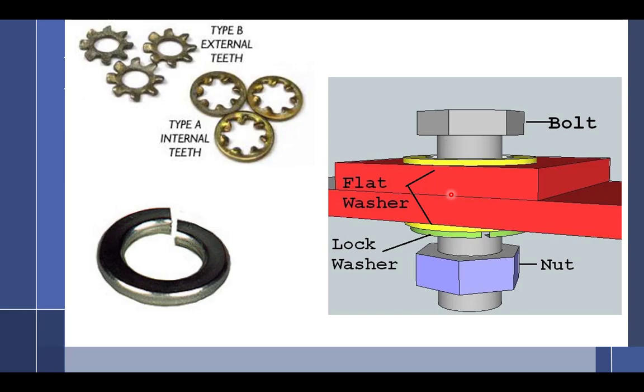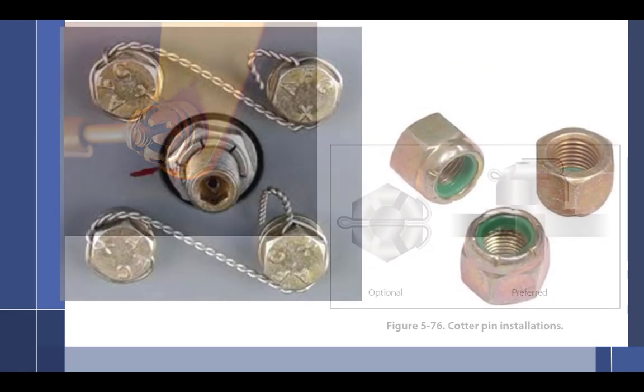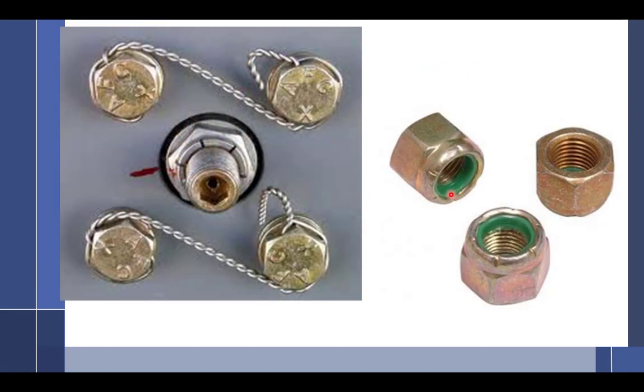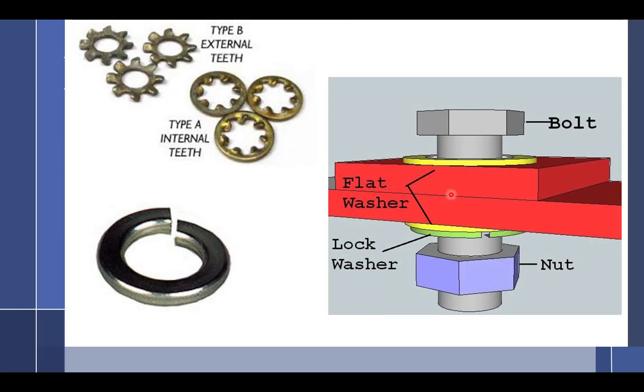Okay, so safety. We've got cotter pin, safety wire, self-locking nut, or if I'm going to use a plain nut, I have to use a lock washer. And does the lock washer go against my expensive part? No, it does not. You have to have a flat washer first. That's the way. So when you guys are doing your torque project,